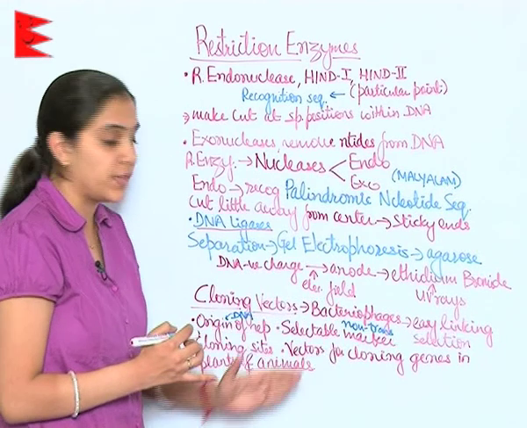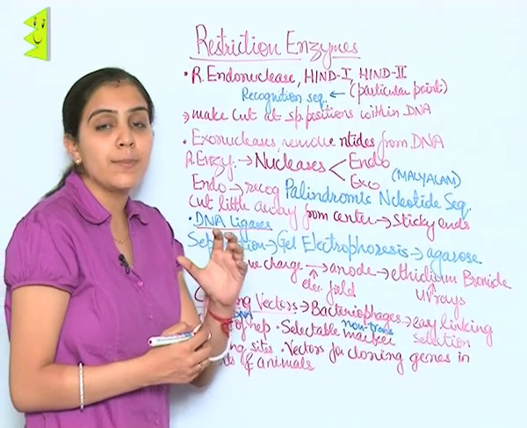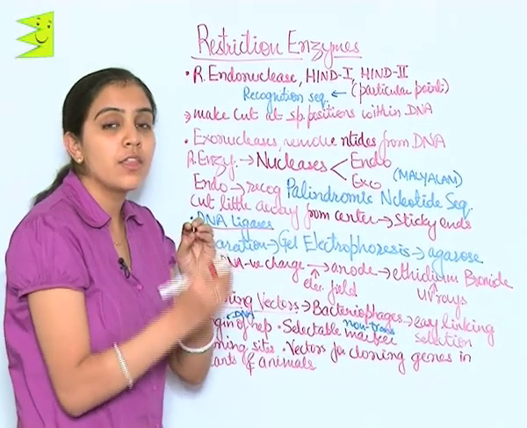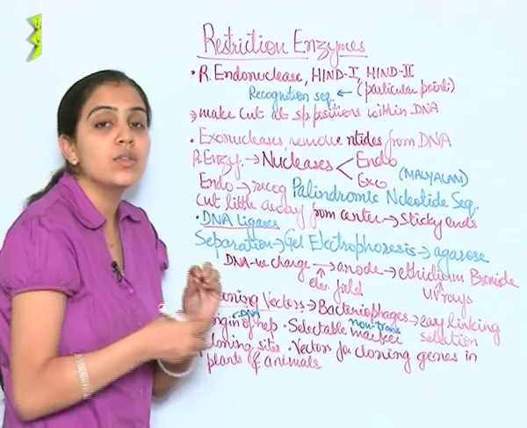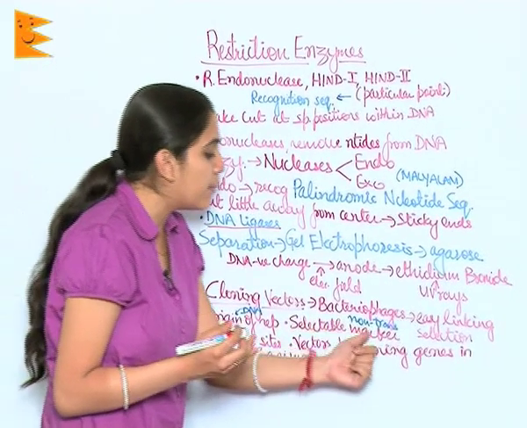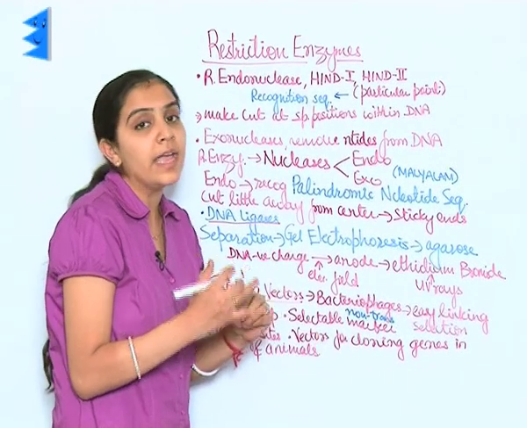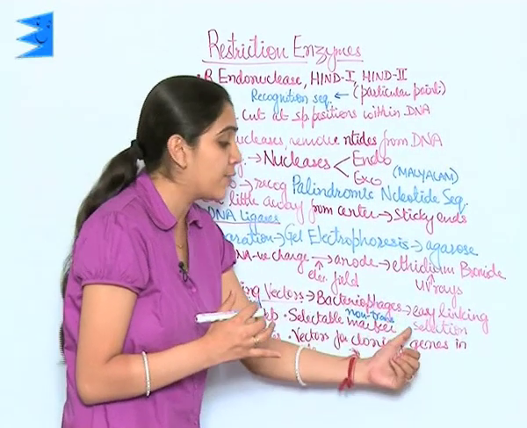The method of this is origin of replication. Origin of replication is the point to which the foreign DNA is linked so that it can also be replicated and transferred to progeny. Selectable marker. A selectable marker is required to identify and eliminate non-transformants.